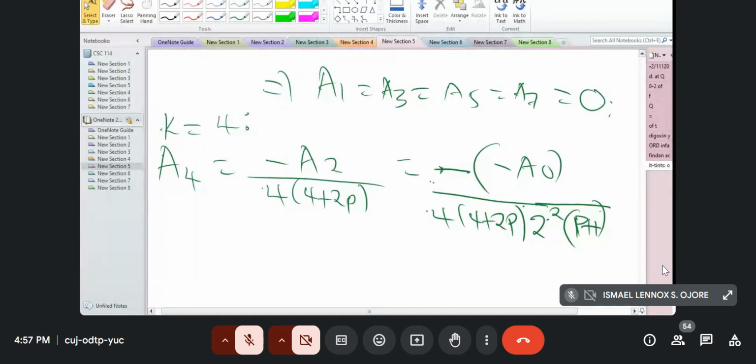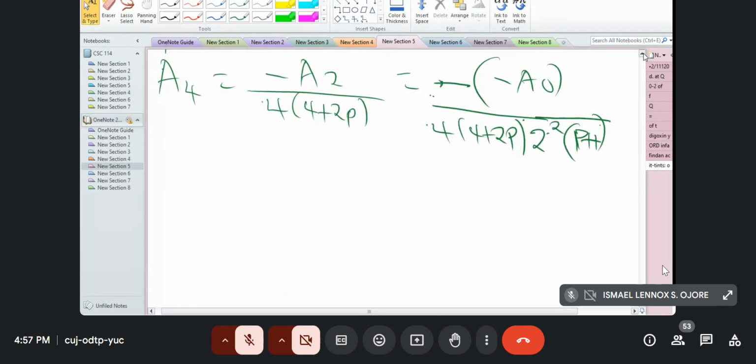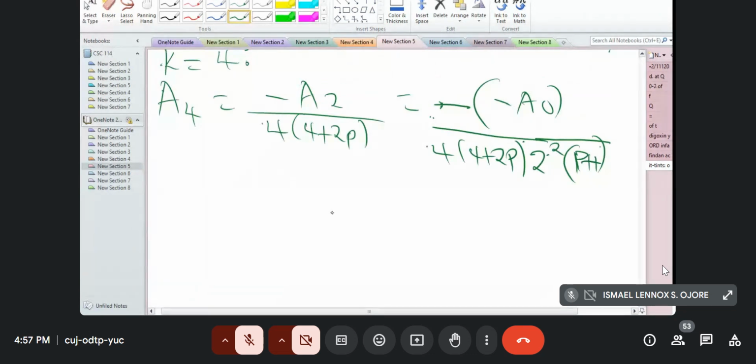Minus A naught will become positive A naught. Oops, aha. That was fast. I need to see the results. So F4 is equal to positive A naught divided by 4, which is the same thing as,